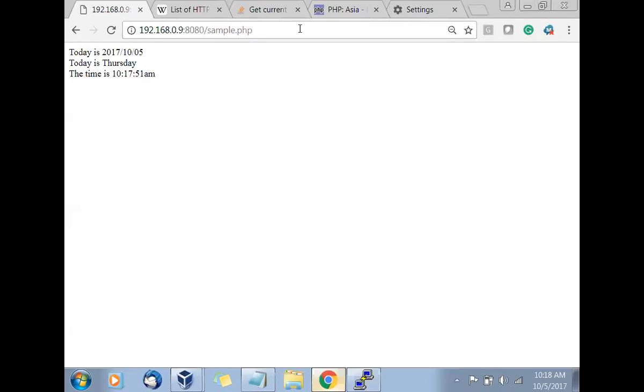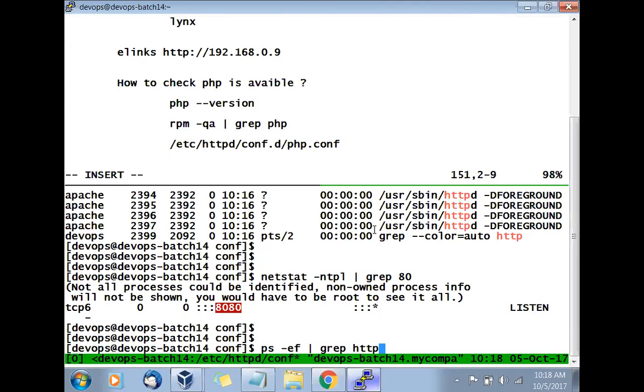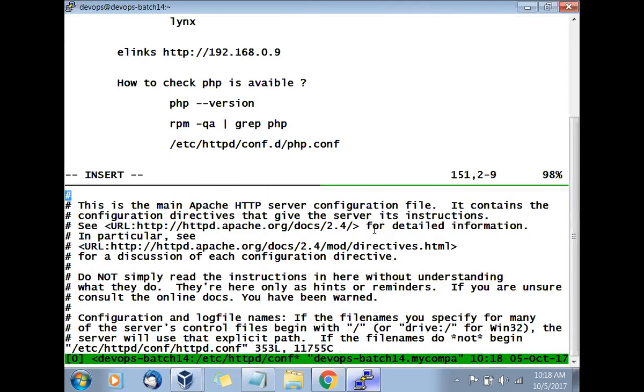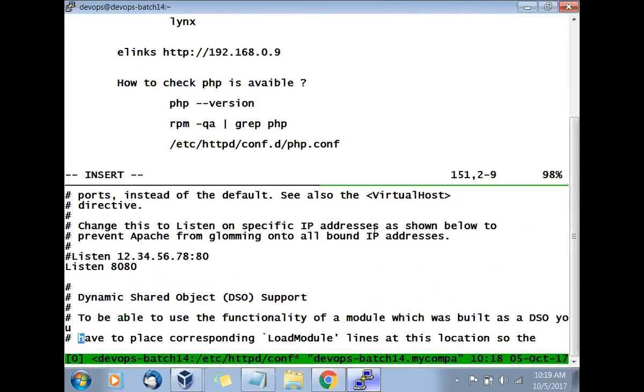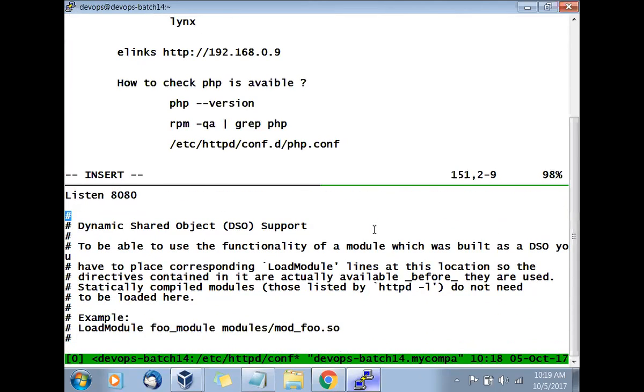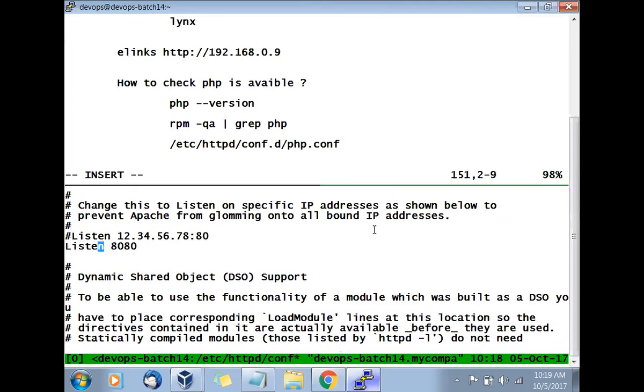Okay. Next. Now suppose you are going good and everything is happening very well. You open the file again and you go with the port and listen and so on. Now here something happens. Instead of listen, you mistakenly misspell it. Now we are doing deliberate mistakes so that you can understand. I'll save that file.